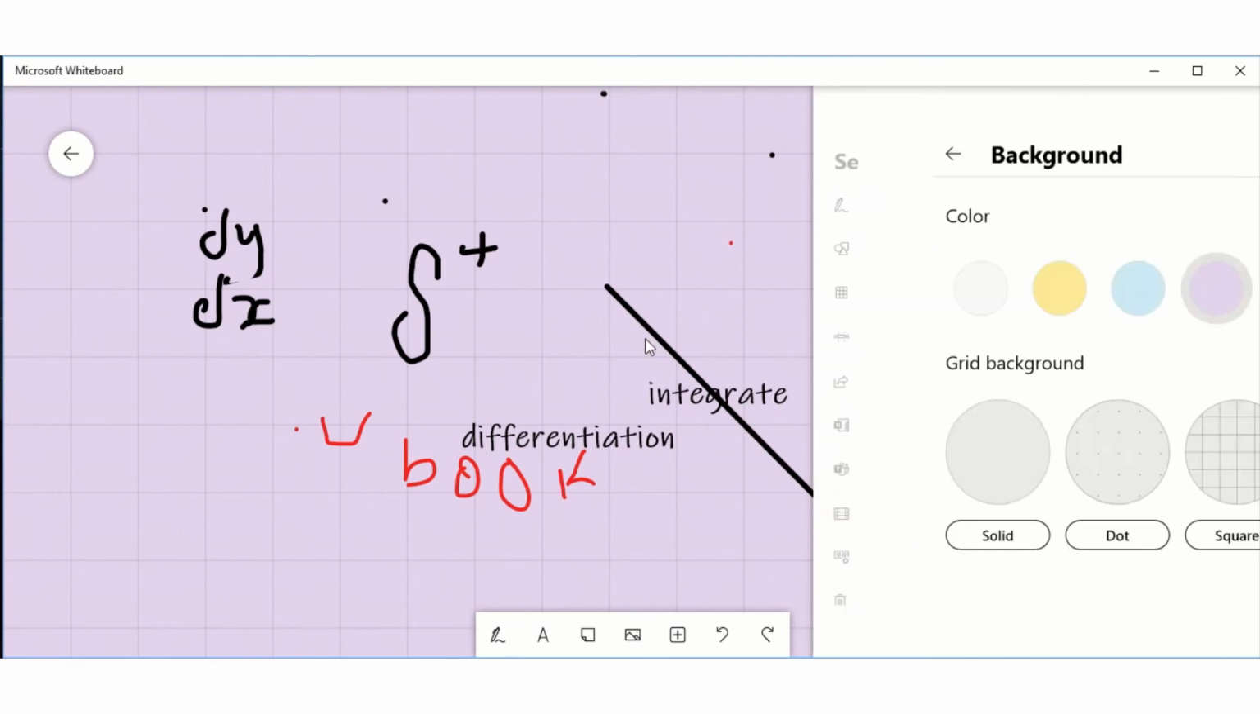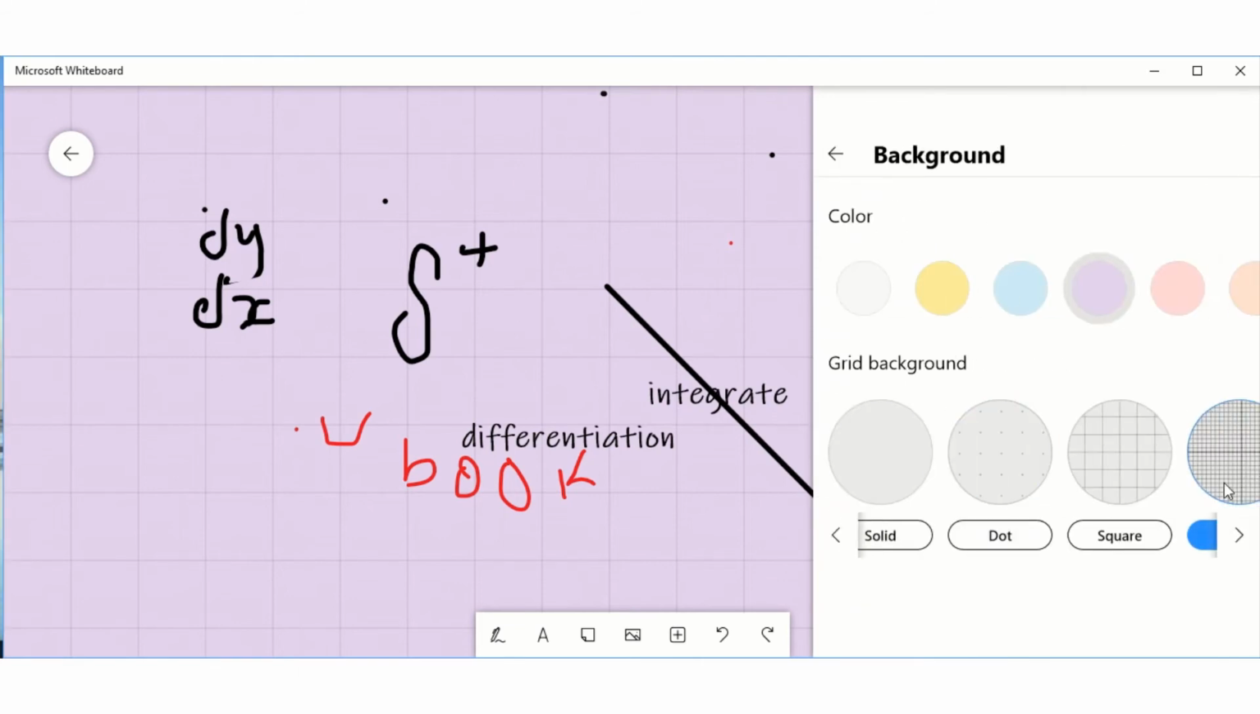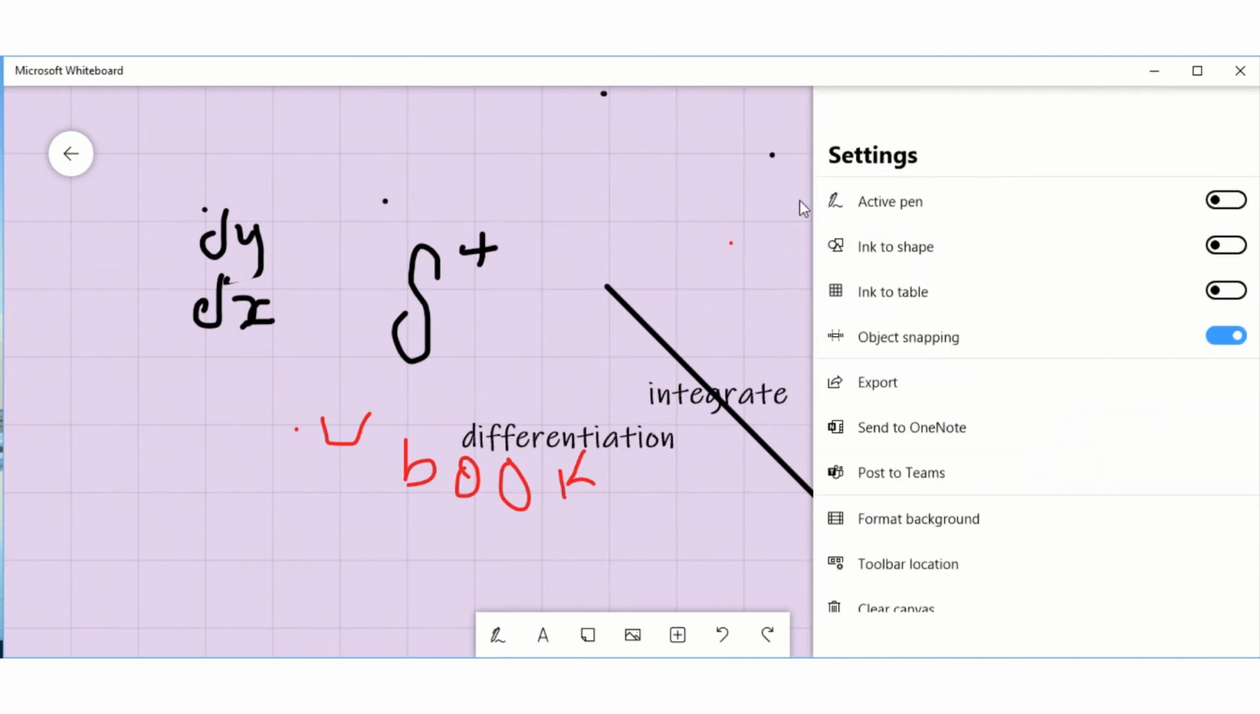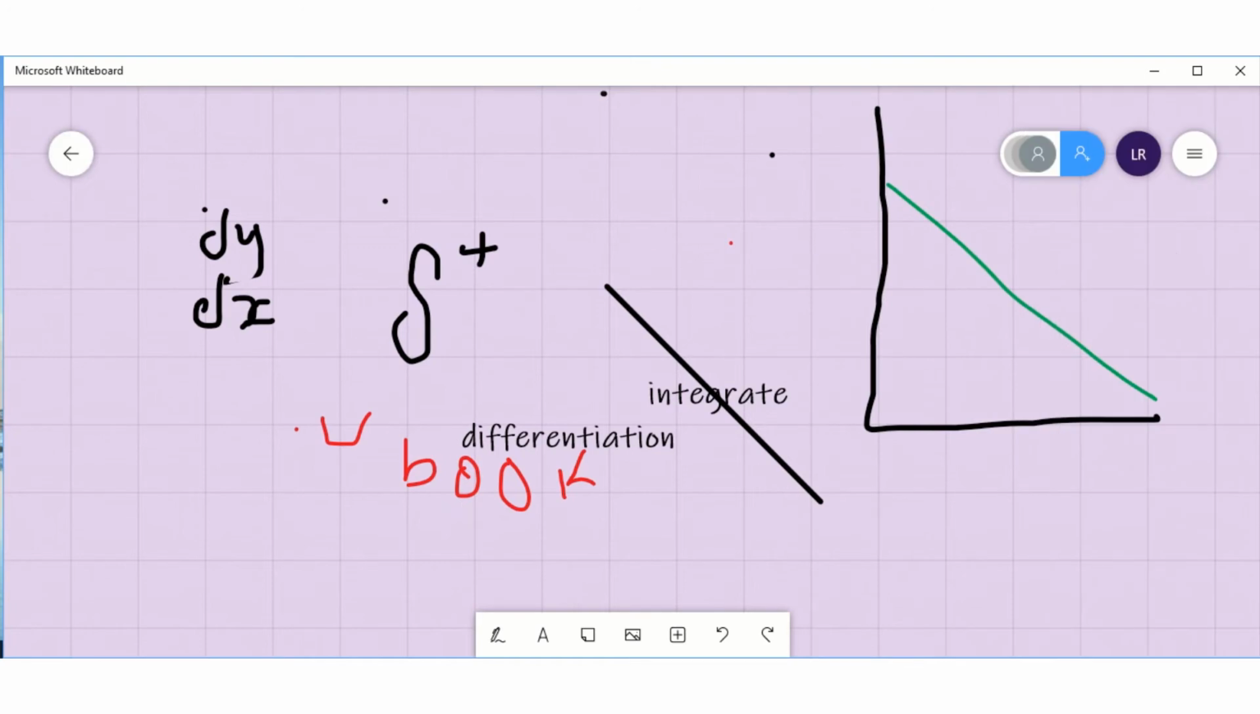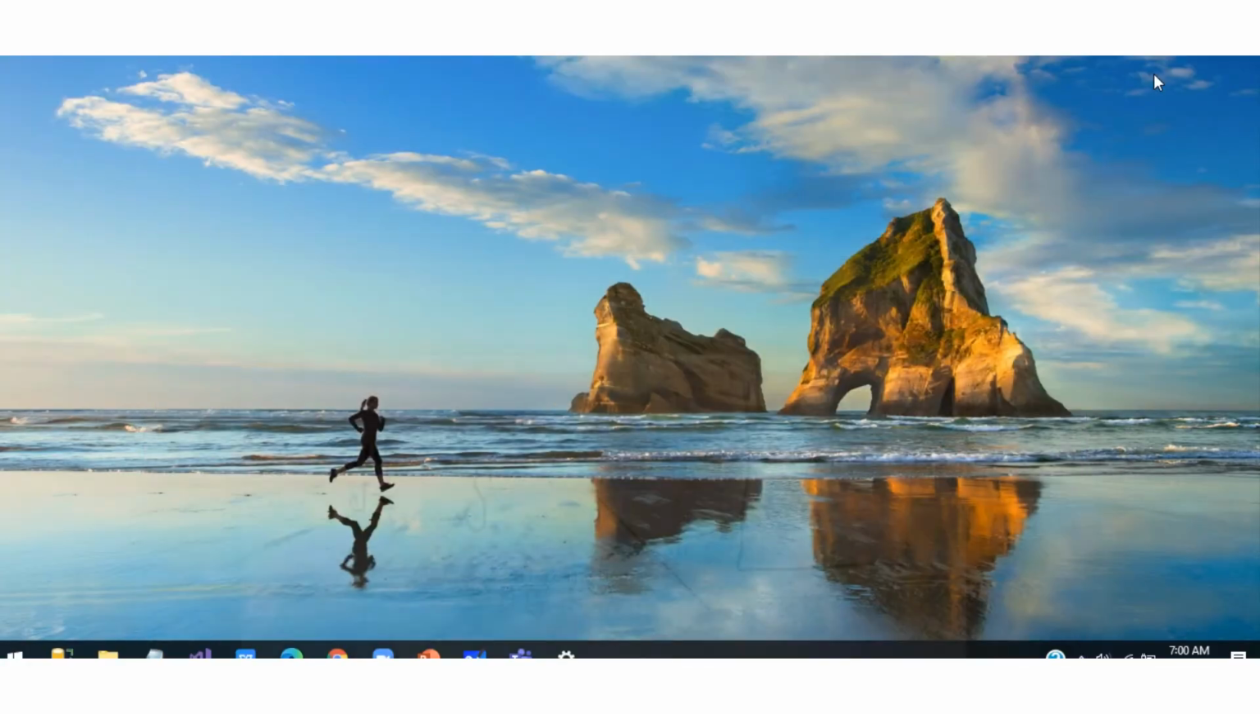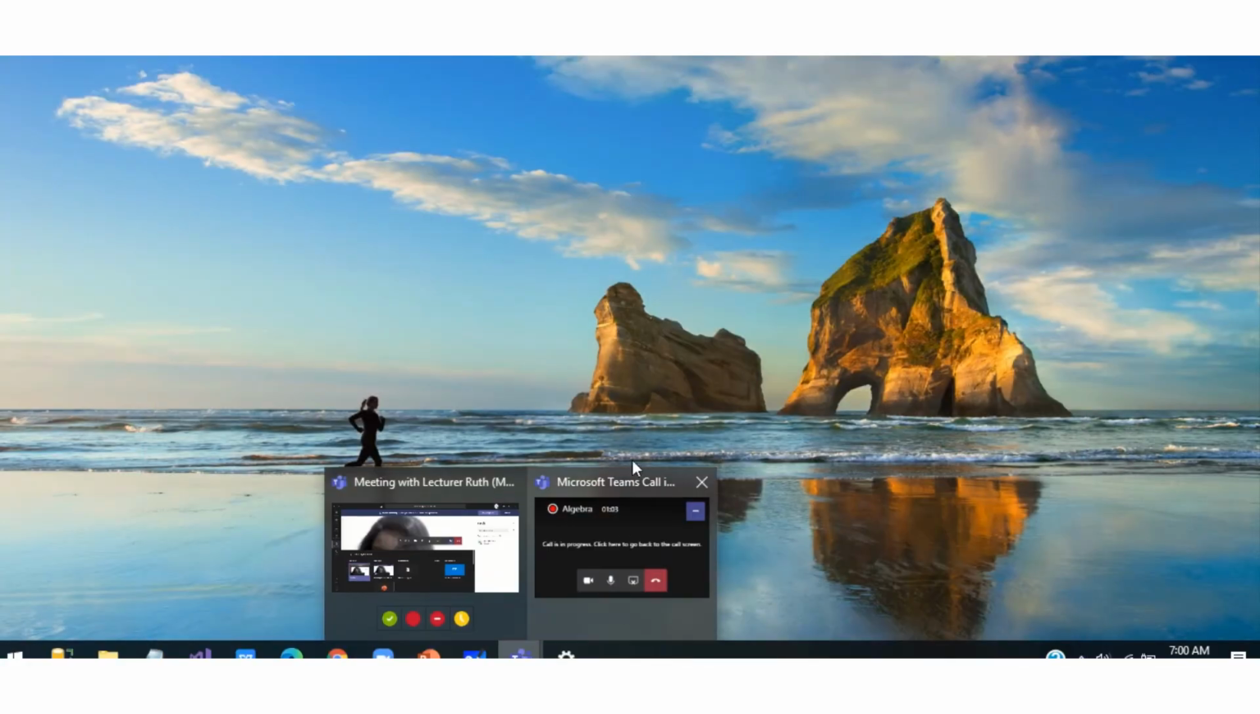You can also change the format of your background to graph. So this is where I changed the format of this background to graph in order to draw those graph lines. And then note that the Microsoft Whiteboard application saves automatically as long as you're online. So when you're done, you can minimize, go back to Teams,